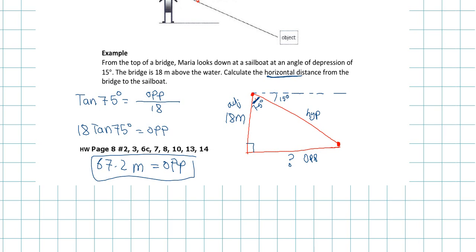Therefore, the horizontal distance from the bridge to the sailboat is